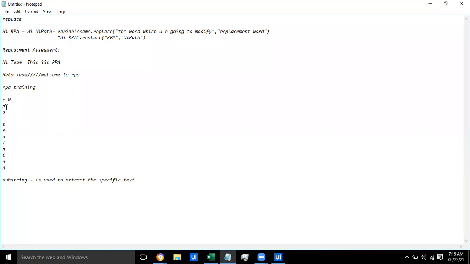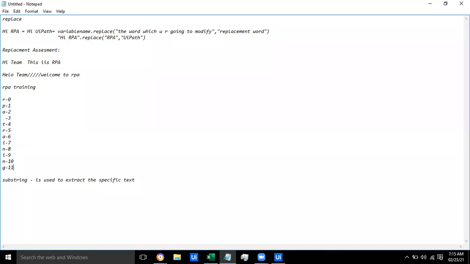So P will be 1, A will be 2, then this space will be 3, and this T will be 4, then this R will be 5, then this A will be 6, I will be 7, N will be 8, I will be 9, N will be 10, and G will be 11. So this is the indexing here, guys.